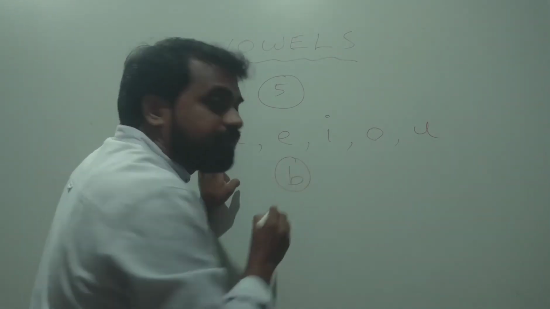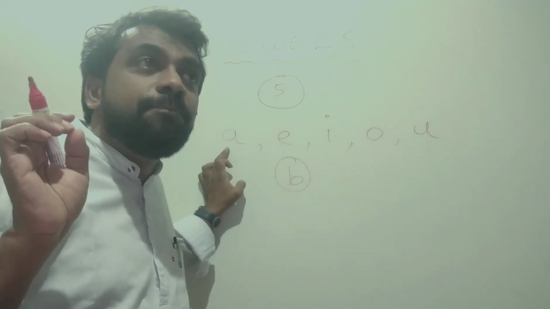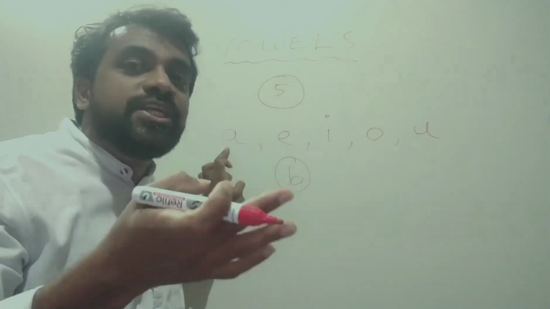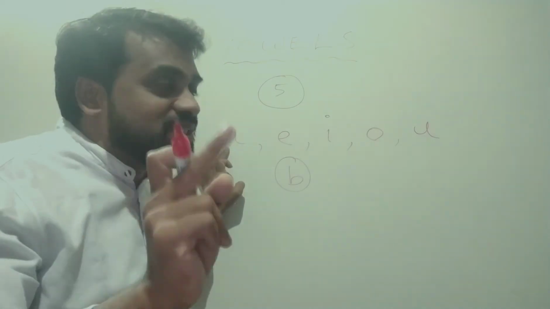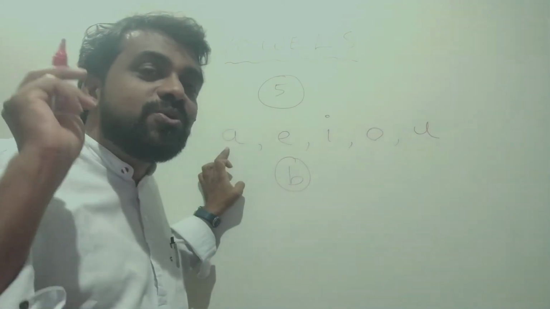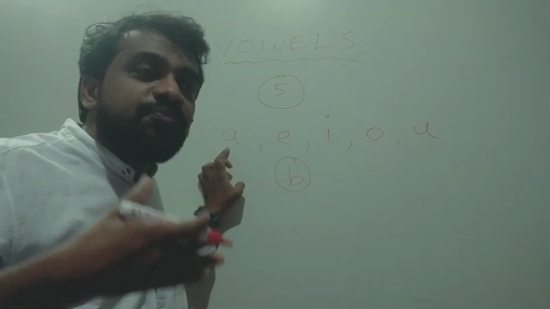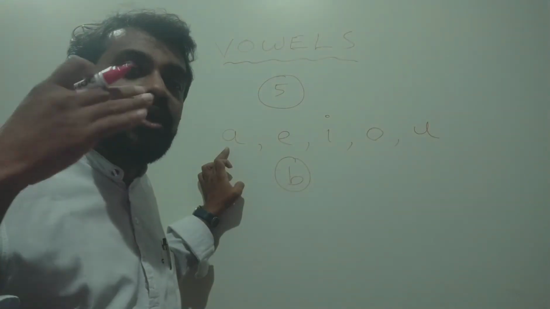And if you check the next letter, that is B. You say it as B. When you pronounce B, there is a block of air. Air does not pass smoothly out. So we can say B is a consonant. If you check all the consonants, you know that there is a block of air. We cannot pronounce them smoothly by letting the air go out.